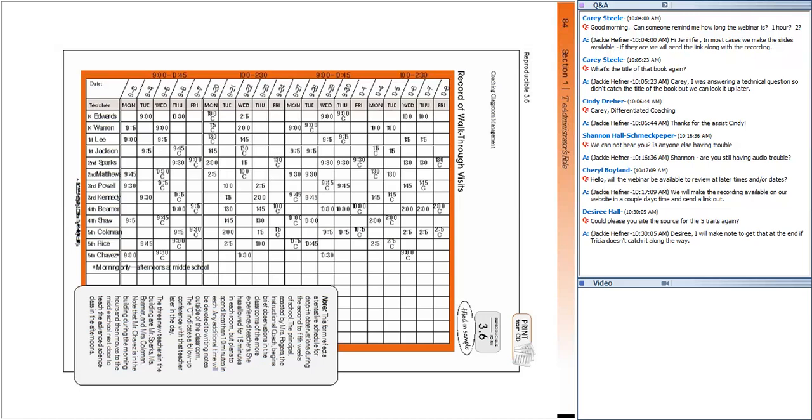Now, it would be great if she picked a coach. I mean, we paid Jackie a large sum of money to work with her. And most likely, and what we've found in all our studies in Topeka, is if coaches have done a good job of building relationships, and I'm going to show you an example of how to do that, then they will choose to work with the coach. But at the end of the day, I just need to let her know, this is the target. You're not hitting it. How you choose to fix it is up to you, and here are all your options. That's the formative accountability piece.